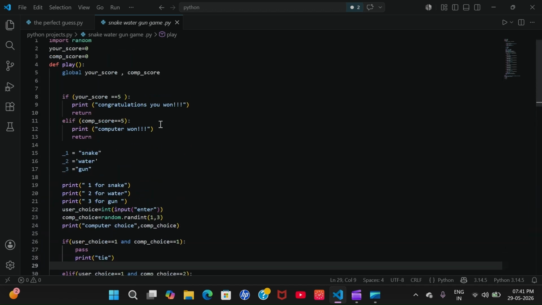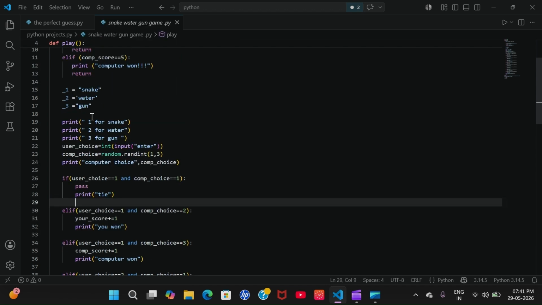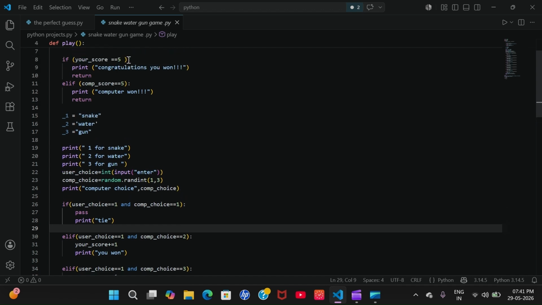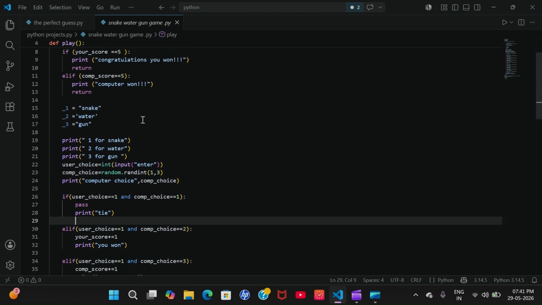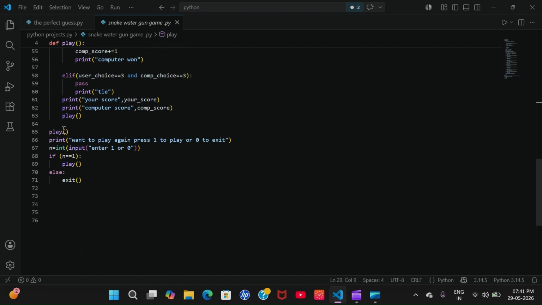What is the base condition? If the user score becomes 5 or the computer score becomes 5, it will return. So this will continue until one player scores 5. When that happens, it will return to the calling, and after this call, the following statements will be executed.